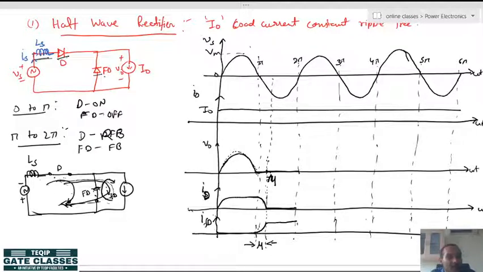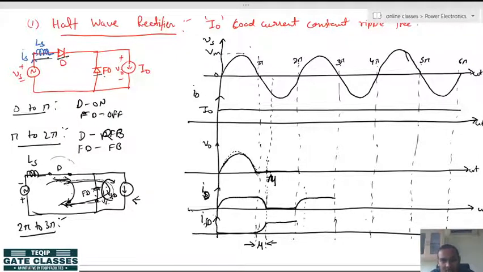At 2 pi, if you talk from 2 pi to 3 pi, the freewheeling diode will not immediately turn off. When the supply again gets reversed, the freewheeling diode does not get immediately turned off, and this diode also does not get immediately turned on. So, this circuit will be made again, and now the freewheeling diode current will be decreasing and this diode current will be increasing. The diode current will go like this,